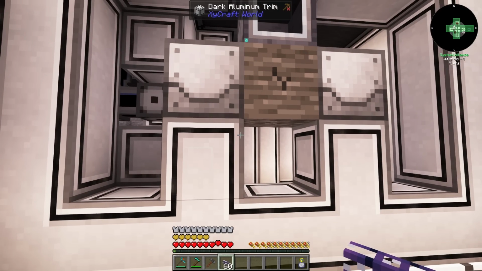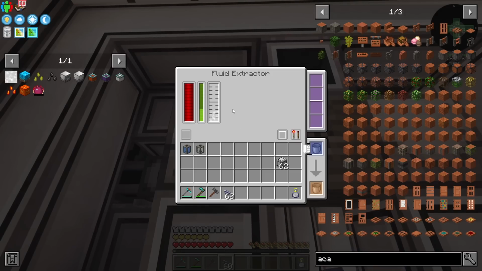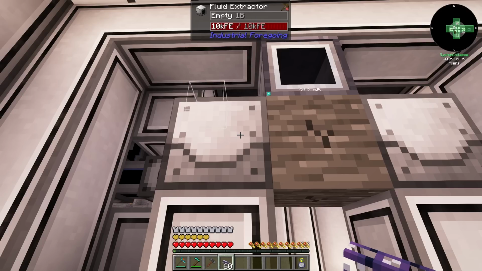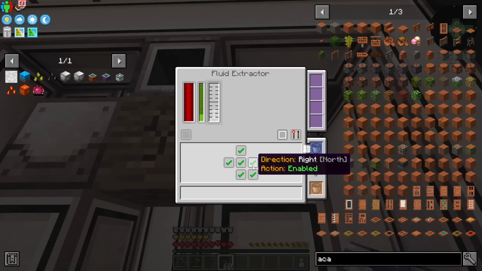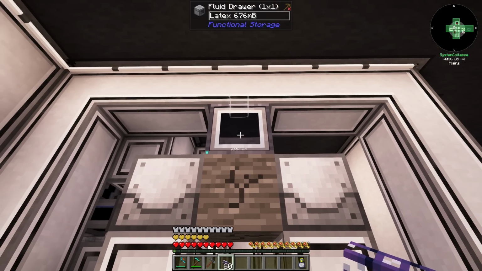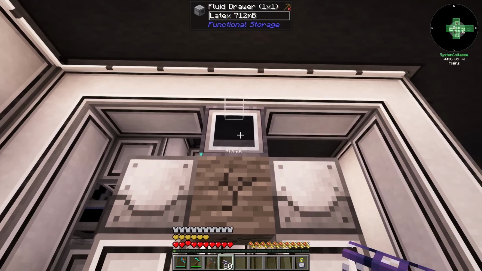So which way are we looking? We are looking north, right? So we're going to go into here, go to the sides, make sure the north is set to push. And I guess we do the same thing on this one, but it's probably this side now. That is good. And with that, you can see there, the latex is actually ending up in the system, and we're